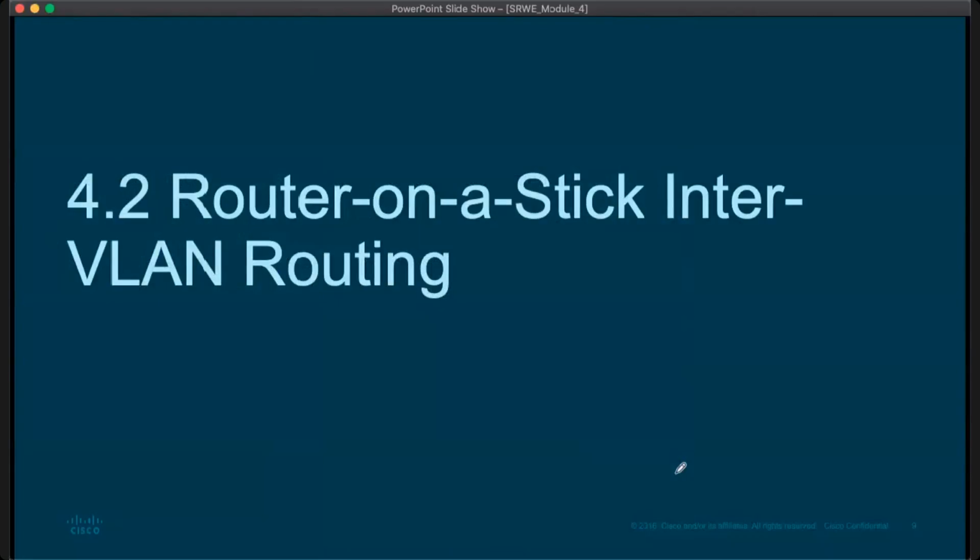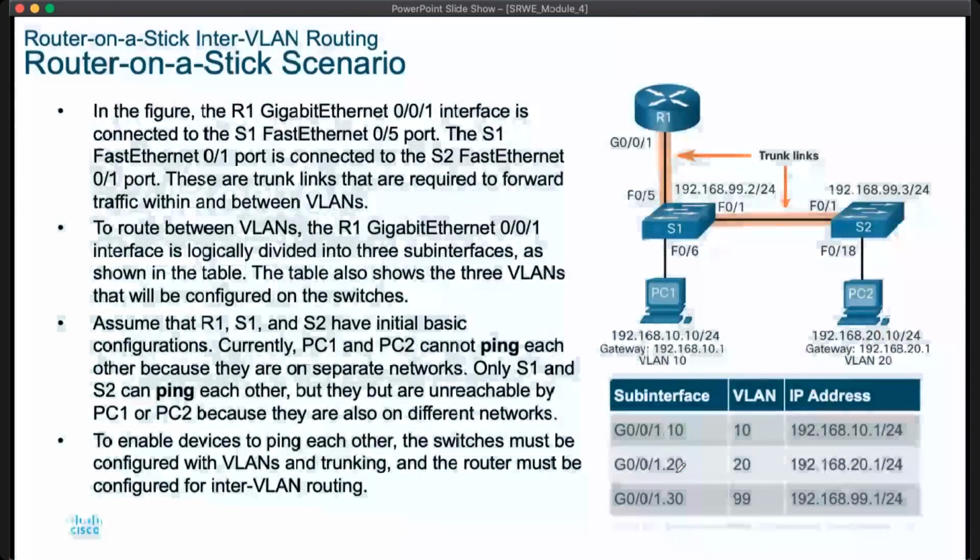4.2 Router on a stick inter-VLAN routing. Router on a stick scenario. In the figure, the R1 GigabitEthernet 0/0/1 interface, the one highlighted here,